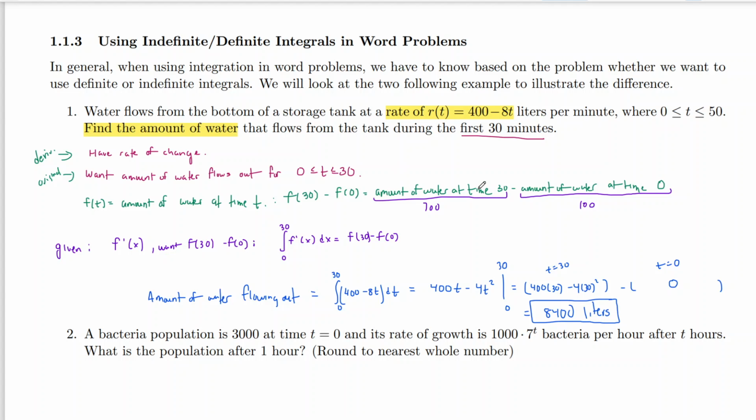If you wanted to do like from 10 to 20 minutes, just that interval, you would just set up the integral from 10 to 20. If you wanted to do the last 30 minutes, well, it stops at 50, so you'd integrate 20 to 50. But once you realize that if you're doing it over an interval of time, you just set up a definite integral, and then you are done